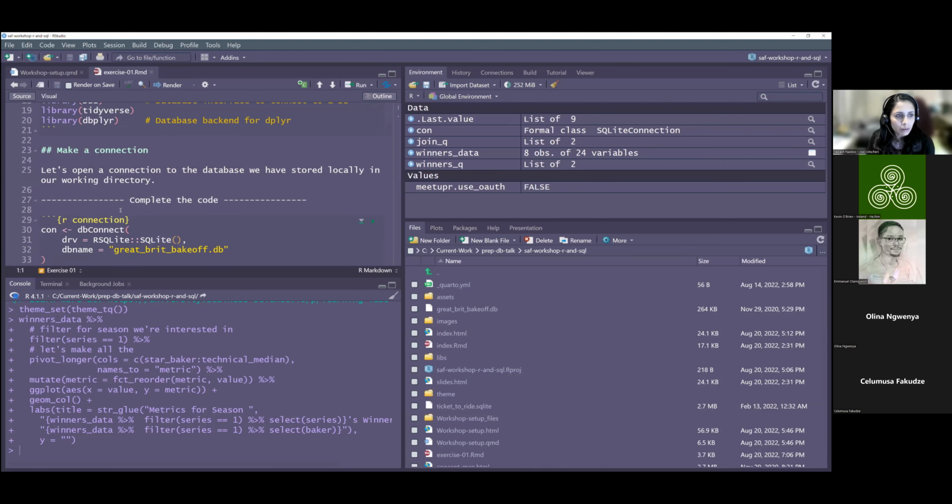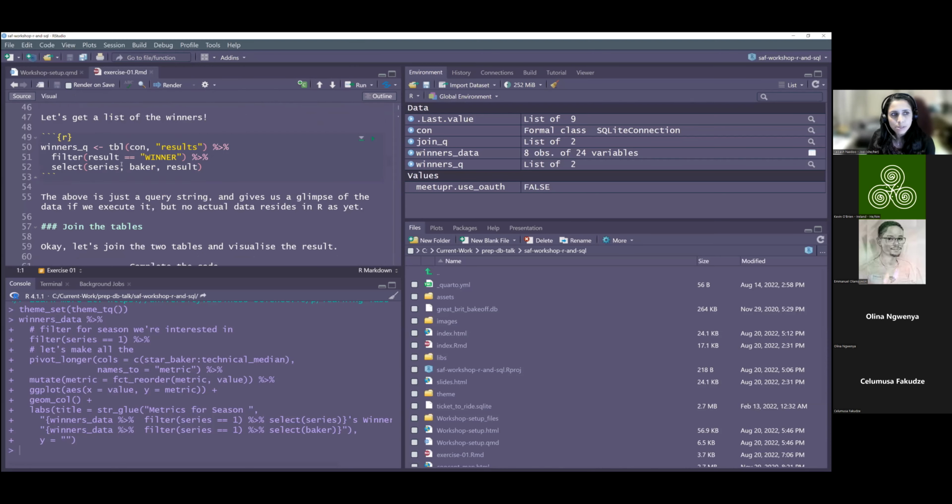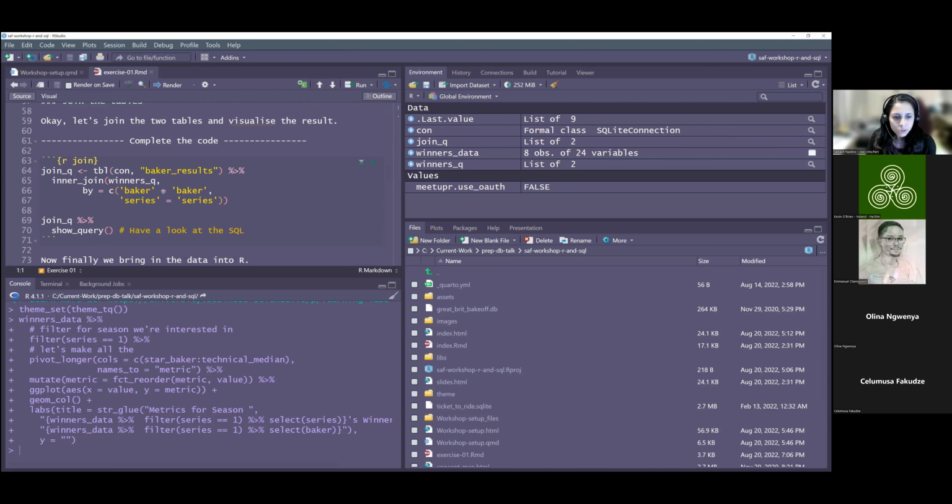All of this information here is running on the database itself. It's not bringing anything into R. It's saying, go to the database and run this query, and then show the user a snippet of that data. Same thing for this one. It just says, go to the database, run the query there on the database using